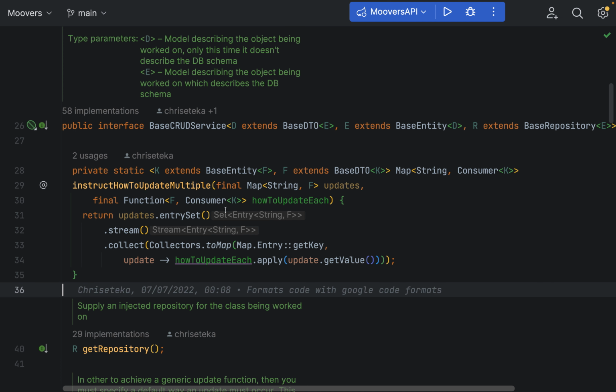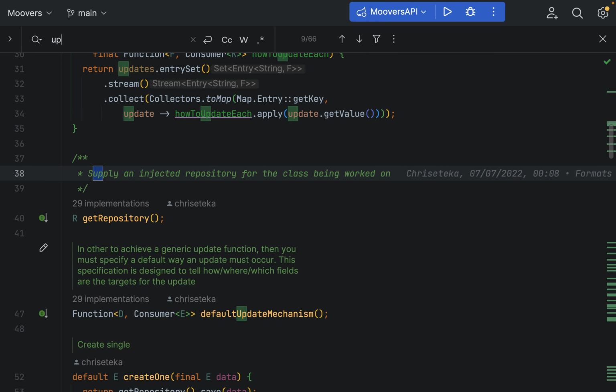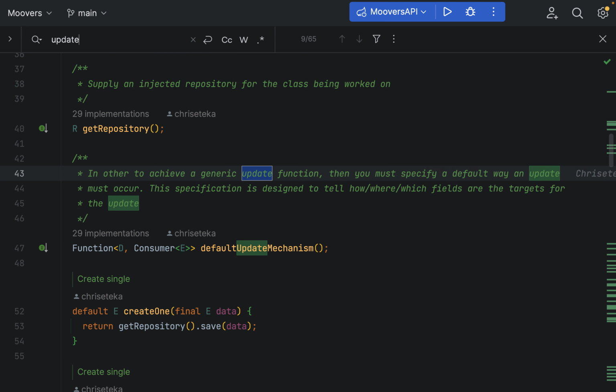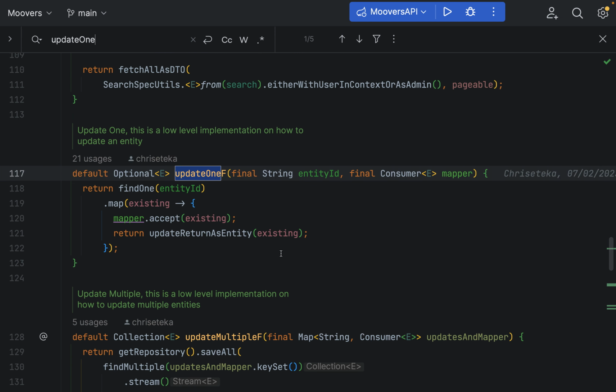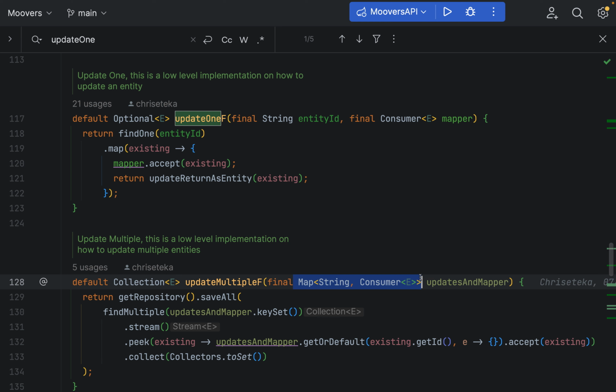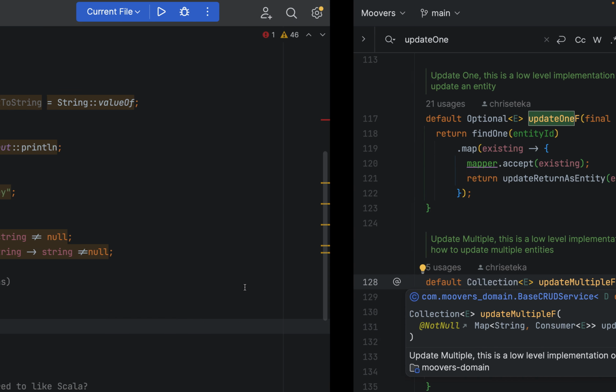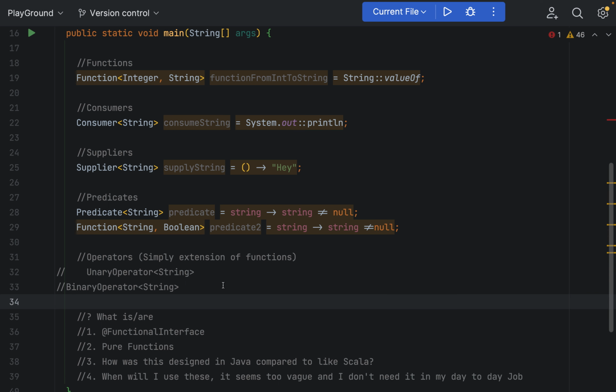Or you could even define stuff like, if you give me a sec, update one. Yeah, you could define stuff like this, where your method takes things like this, and you could define even complicated types like this, and then you see how they play together. But anyway, like I pointed out, this is just a short intro to tell you about functions, consumers, suppliers, predicates,